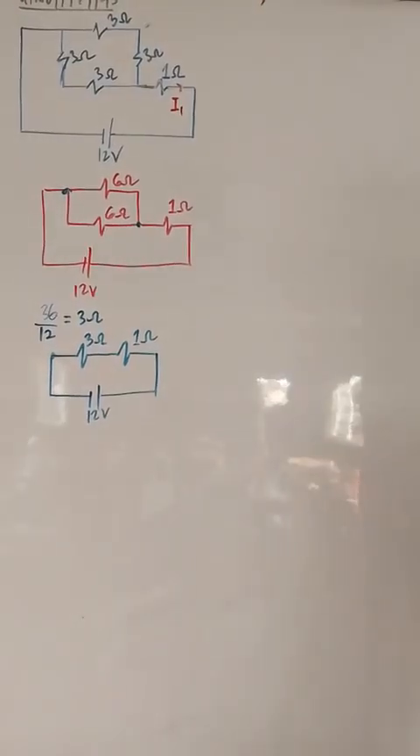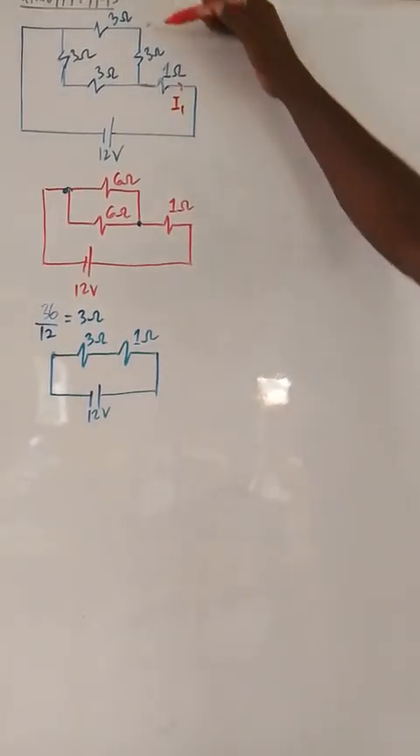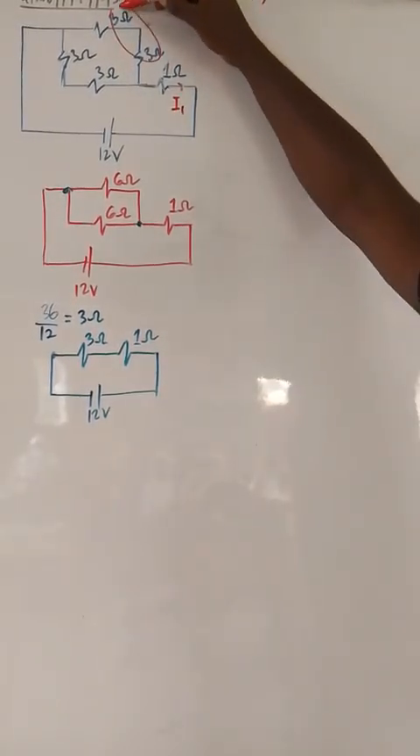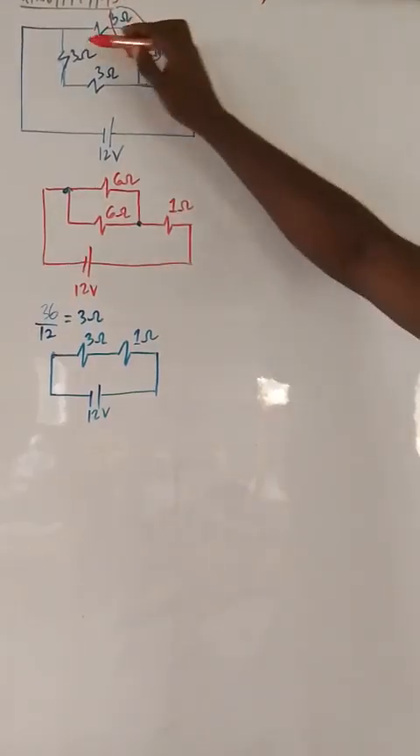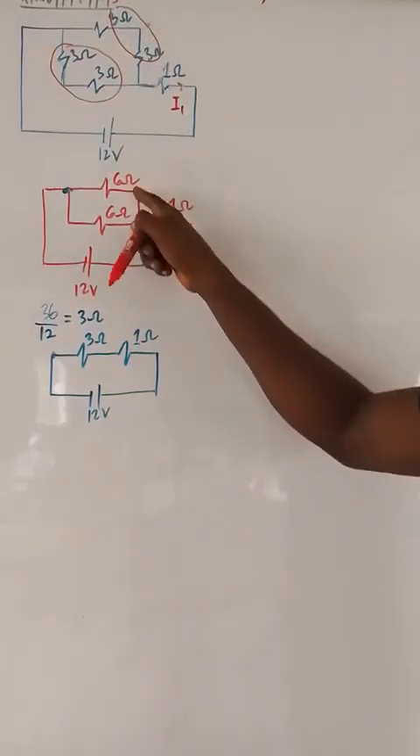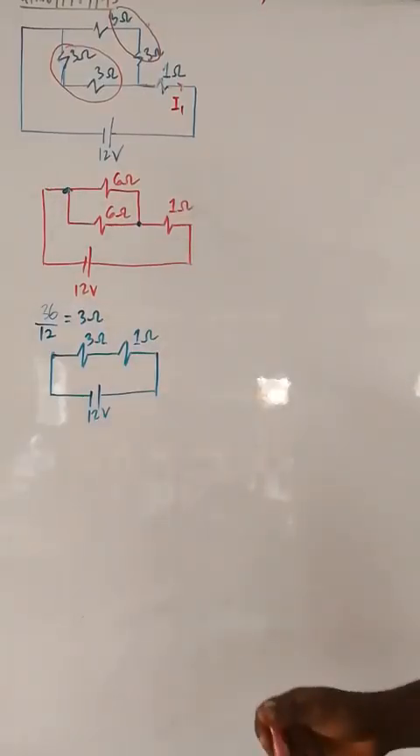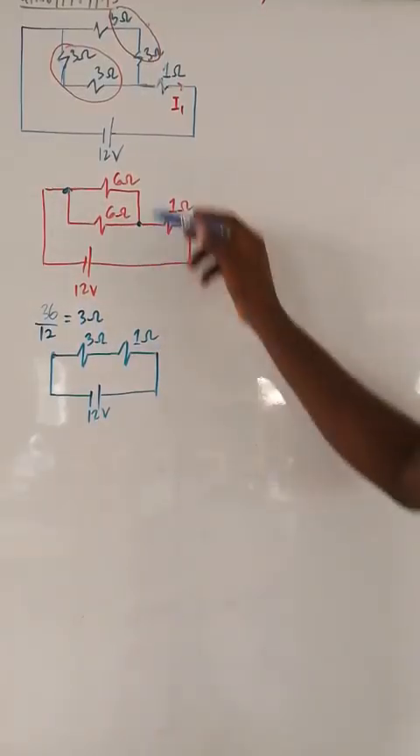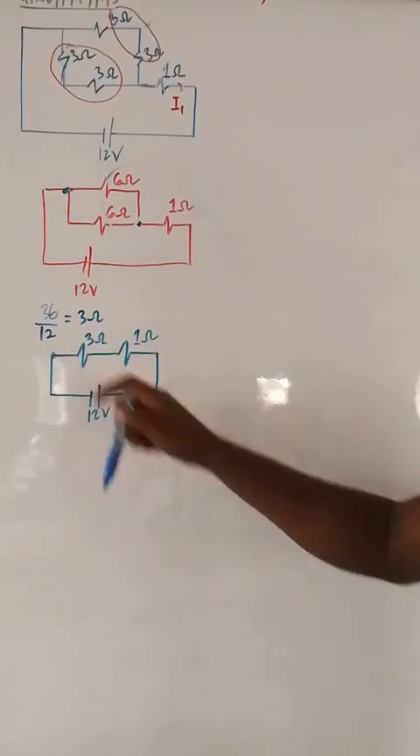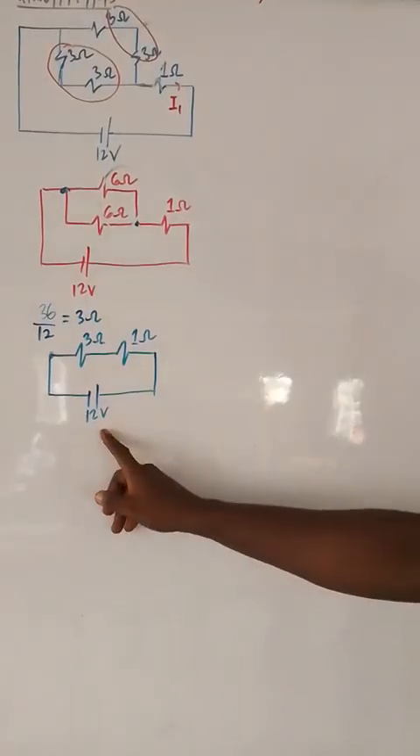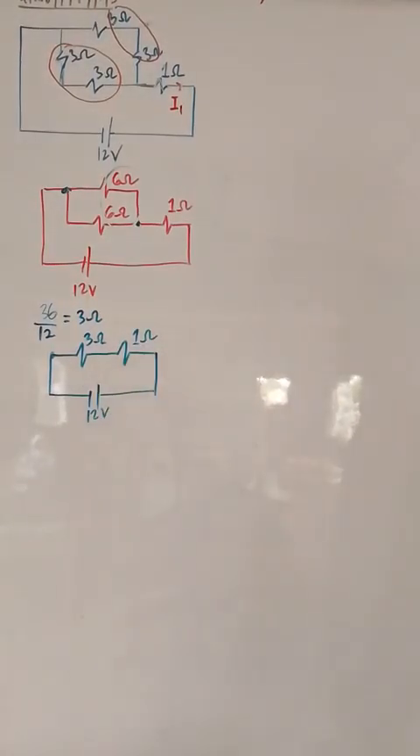So now you have to be very careful. First thing we did is to combine this to give us this 6. Combine this to give us this 6 because they are in series. Now this one in parallel, we combine these 2, 6 and 6 in parallel, and we got this 3. Now this 12 volts is going to be shared between this and this. Note, our aim is to know the current through the 1